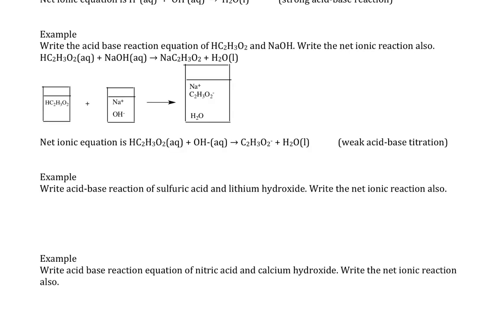So in this example, we write the acid-base reaction equation of acetic acid, which is a weak acid, and NaOH, and write the net ionic reaction also. So we exchange the partners. We put the Na plus with the C2H3O2. They're on a 1-to-1 ratio, so we have just Na